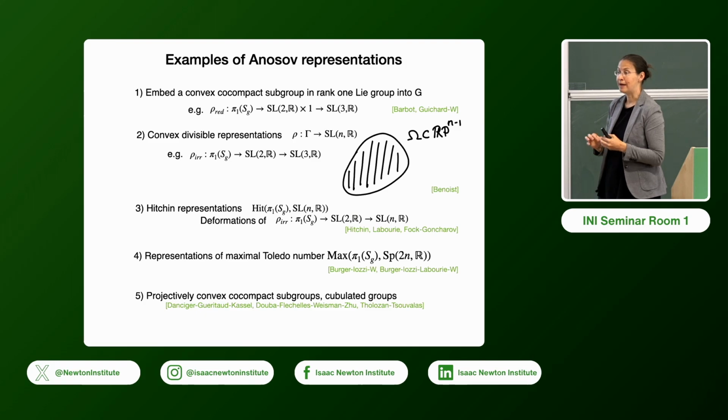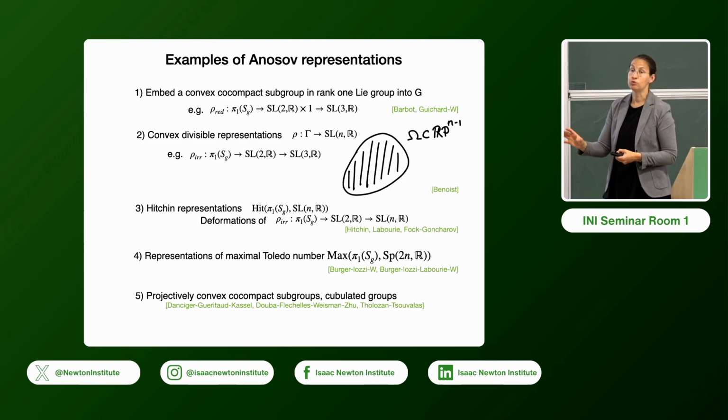There are representations of maximal Toledo number, which are Anosov with respect to a special simple root you pick, and also give you connected components of the representation variety. And then in 5, there are a lot more examples. Now, for example, cubulated groups admit Anosov representations. They are examples of